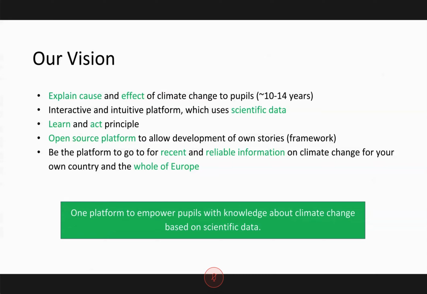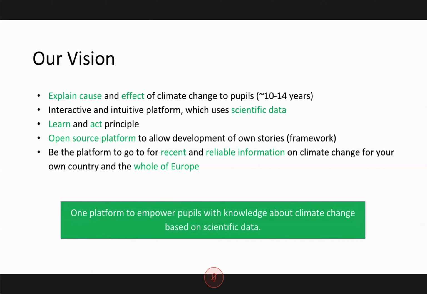So one thing is to learn, so understand, see what the causes and the effects are, but also not leave everyone alone with these horrible scenarios, but to also show ways of how everyone can start acting, and to give everyone the means to understand why these things are happening, which role my country is playing in this, and what all the other countries around me are doing. And this is of particular interest, of course, to the whole of Europe, because there are many countries which are working together on this.